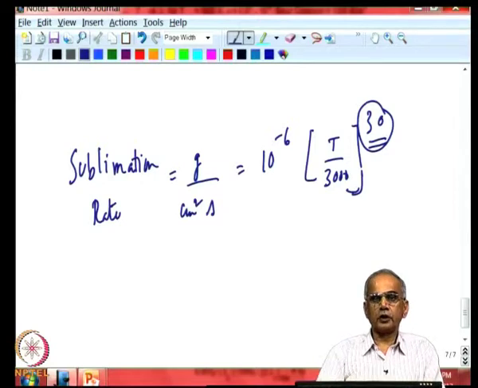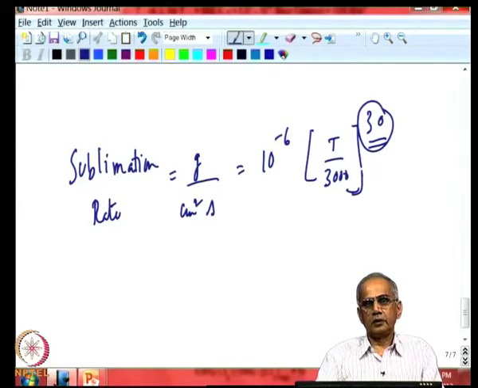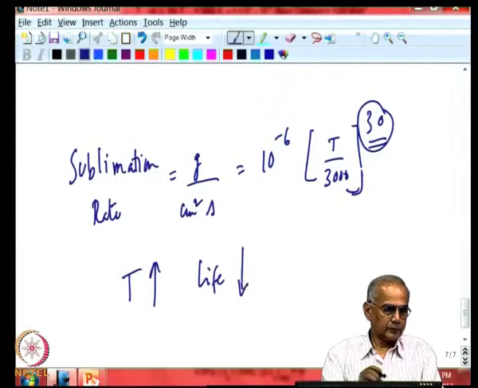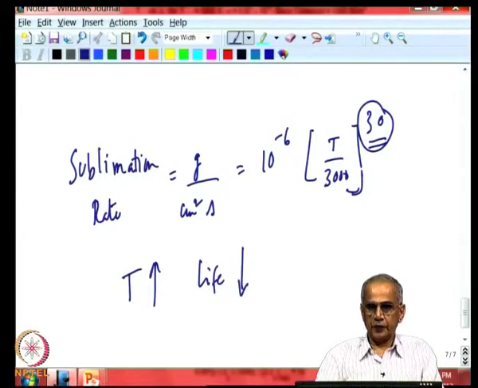So, this is really what is going to control the design, because if the temperature goes up too rapidly in the design, then the sublimation rate goes up very rapidly and hence the life goes down. So, as the temperature of the filament increases, life will go down very rapidly. And so, this is the challenge faced by the design of the tungsten filament lamp: to maintain the filament temperature sufficiently high to ensure that there is more radiation in the visible, but at the same time keep the life high.